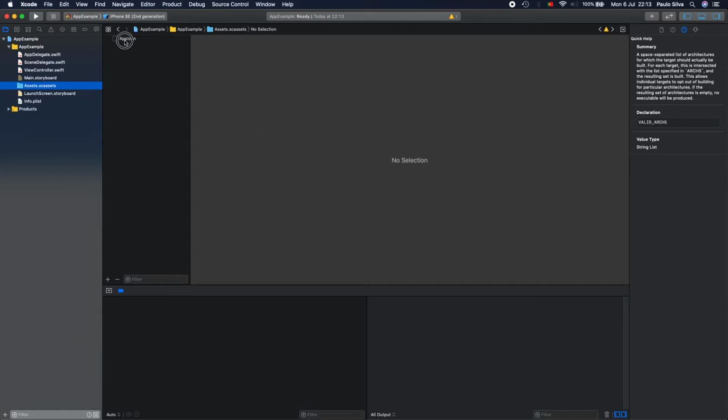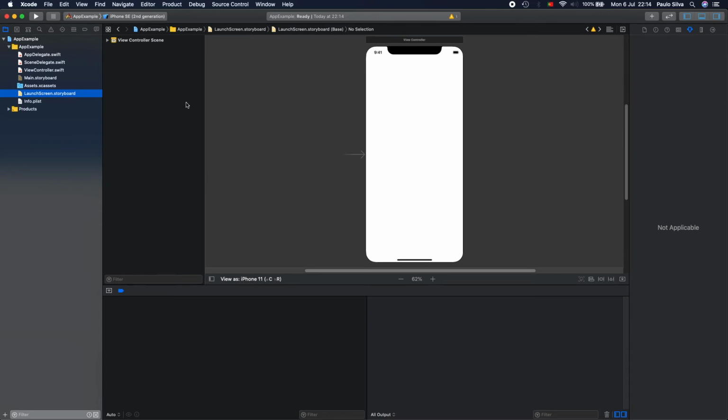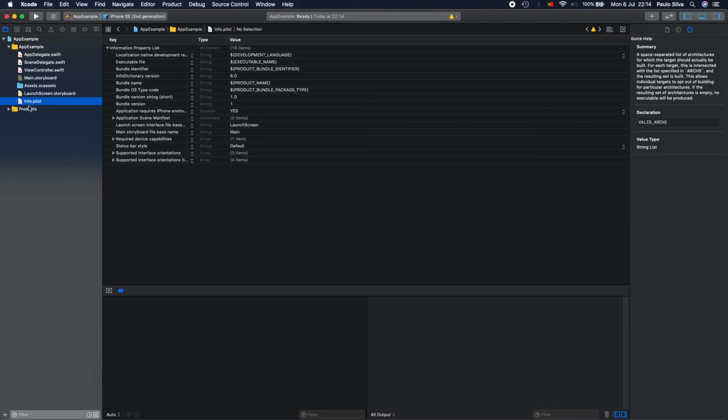The assets folder is where you place your static elements such as app icons, images, or even specific colors you want to use on your palette. And then you can call these assets from anywhere inside the code of your app. Another storyboard is the launch screen, which specifies the launch screen which appears for a few seconds when your app is opened. The info.plist file